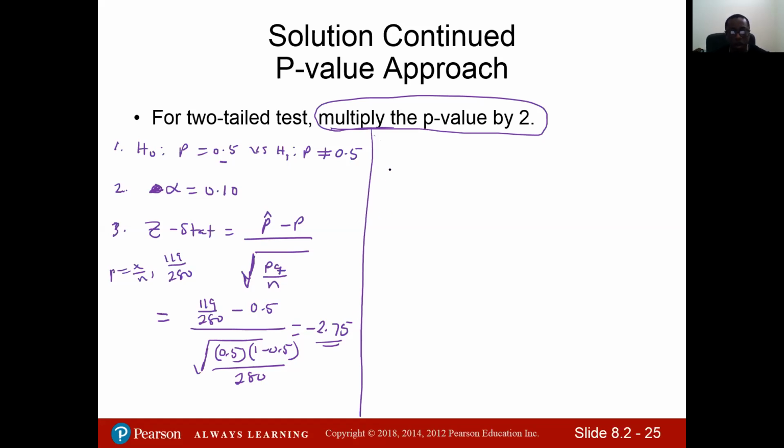And so step 4 is to calculate your p-value. Now the p-value in this case, because it's a two-tail, please